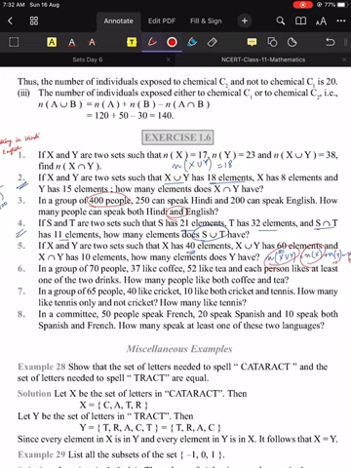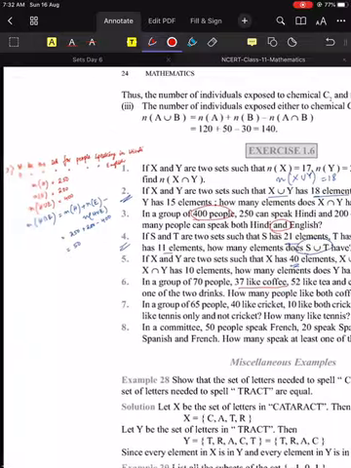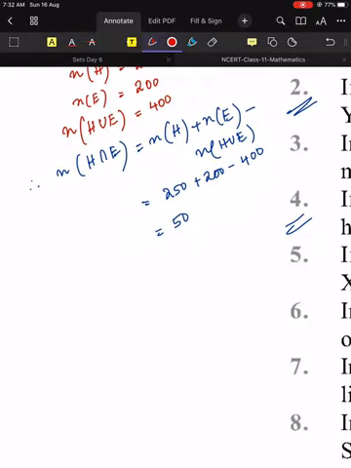In a group of 70 people, 37 like coffee, 52 like tea, and each person likes at least one of the two drinks. How many people like both coffee and tea? Now here 37 like coffee. Okay, 37 like coffee means what? So let's go to question 6. First I will write C as the set of people who like coffee,